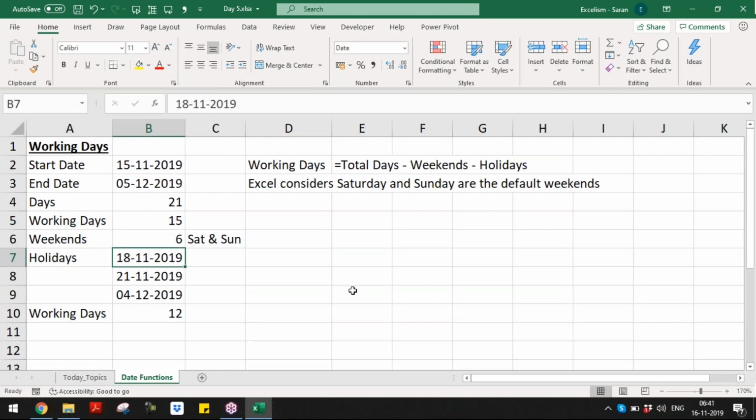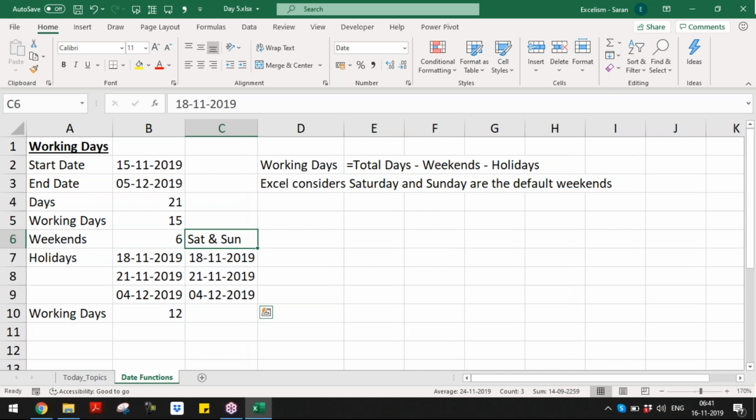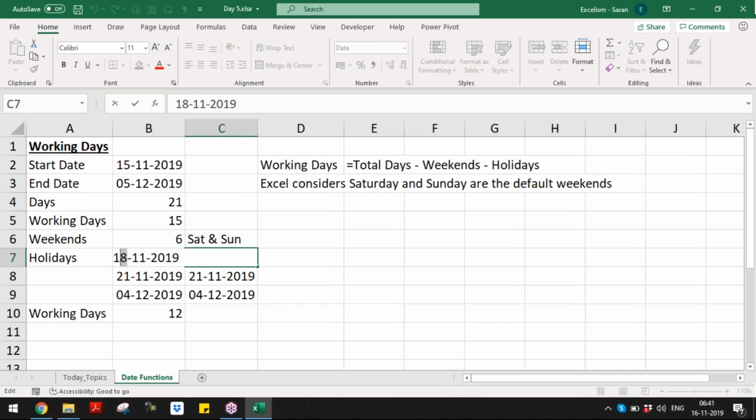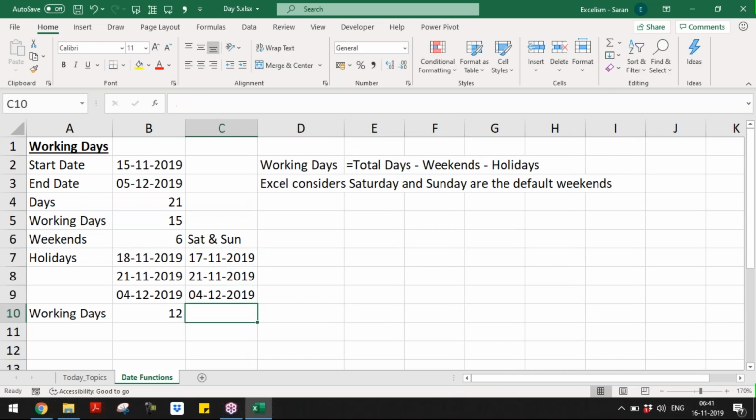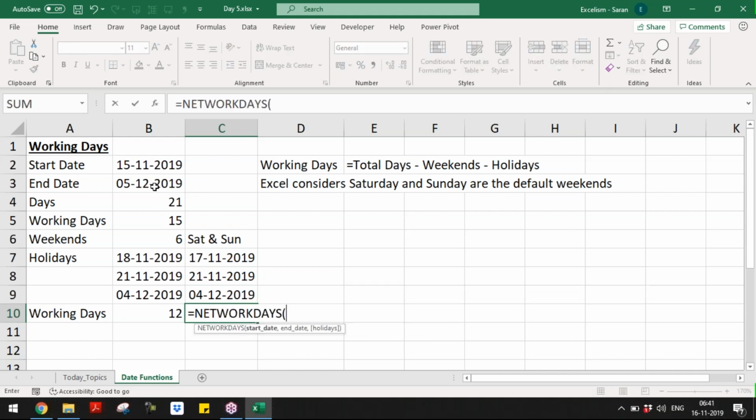For example, this is 18, this is 17. Now, let me take the same list here. Instead of 18, now if I keep this as 17, and I calculate the same function, equal to NETWORKDAYS, start date, comma, end date, comma, holidays. Do you think my answer is the same?